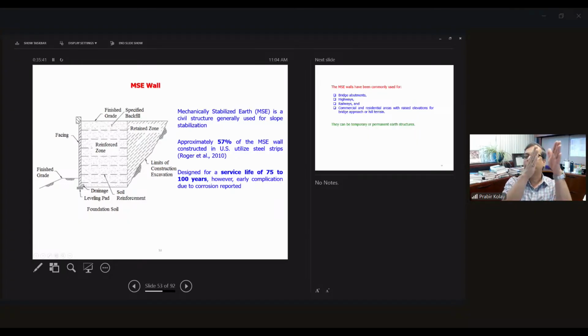So most of the time it is a normal conventional wall. There is a retaining wall, and there is a backfill, right? So here, even these constitute the wall itself. So basically, it's a reinforced zone, and the next one is the retained zone. While doing the stability analysis of this retaining wall, we need to see the internal stability and then external stability. Okay. So here the MSE wall, you see approximately 57% of MSE walls constructed in the US utilize the metal